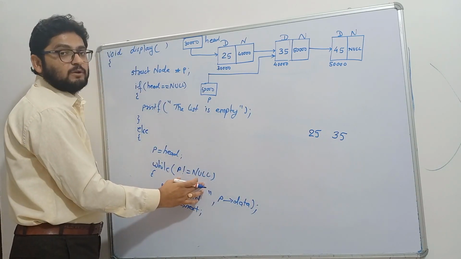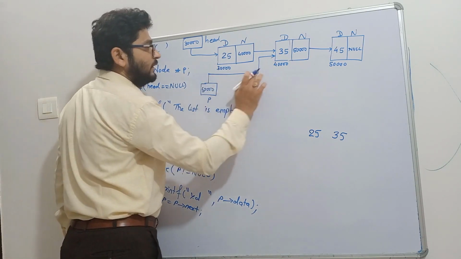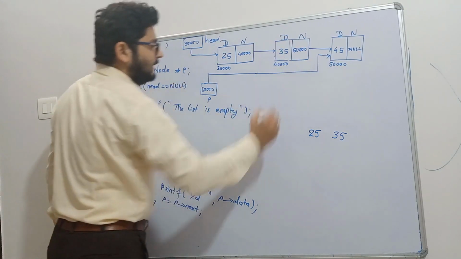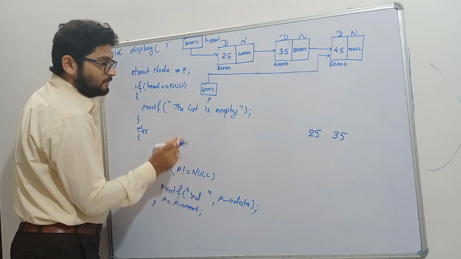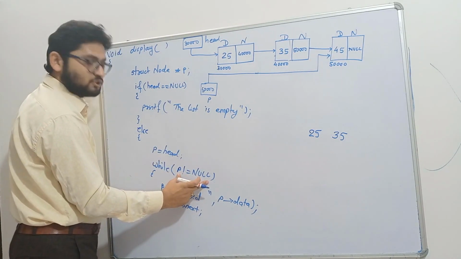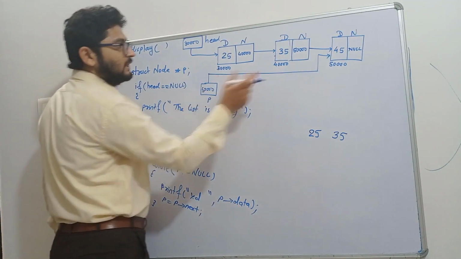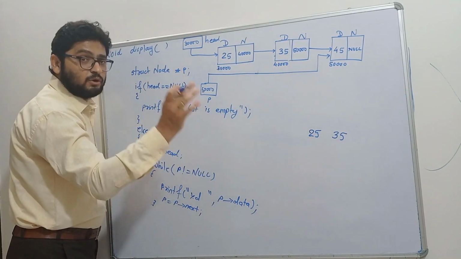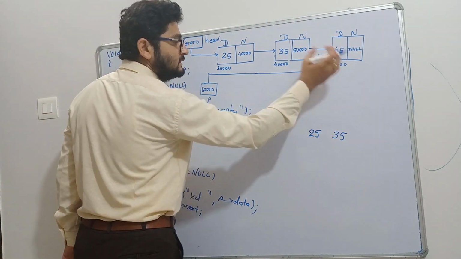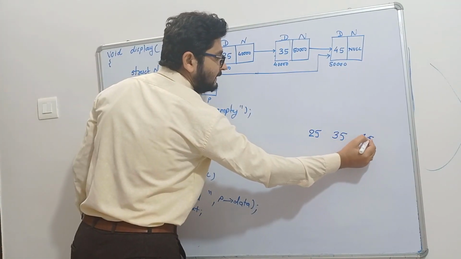It will check P is not equal to null. Right now P is equal to what? 50,000. So it is pointing to the node whose address is 50,000, right? So again P is not equal to null. What is the value of P right now? 50,000. 50,000 is not equal to null. The condition is true. It will print %d, P arrow data. What is P arrow data? The data of the node to which P is pointing. So that is, sorry, 45. So 45 will be printed.